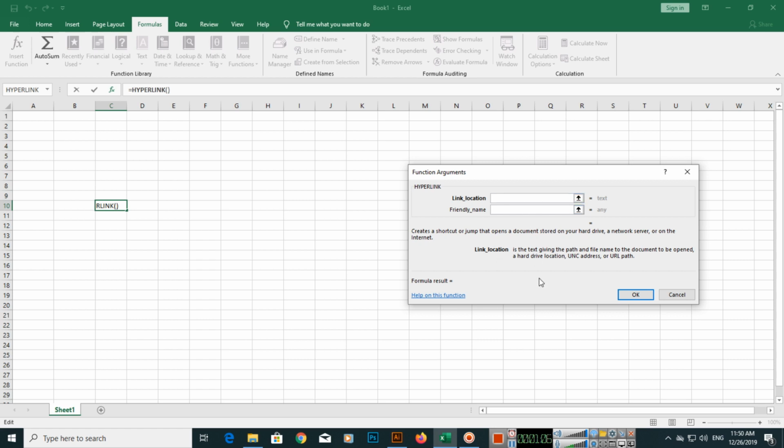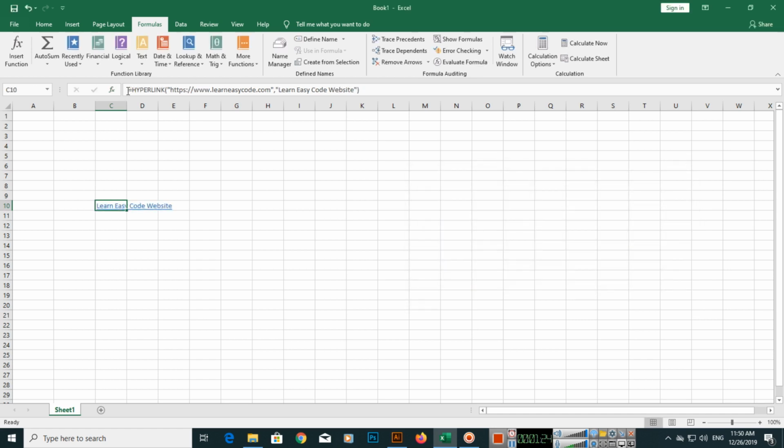For link location, I will add one of my websites, www.learneasycode.com, and the friendly name, for example, Learn Easy Code website, and then click OK. Now you can see here it is equal to HYPERLINK, then bracket open, then inside the inverted commas the website name, then after a comma again inside the inverted commas the link text, and then